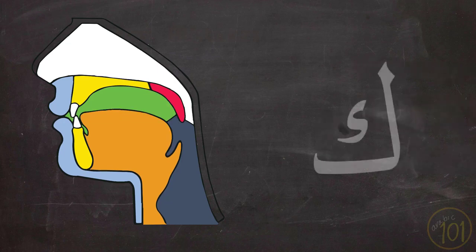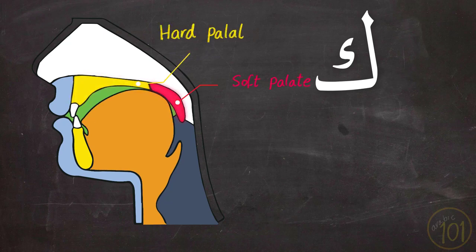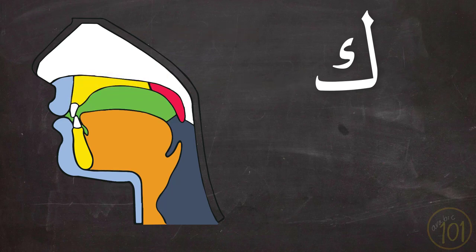Moving on to kaf. To produce the Arabic kaf, it is almost the same movement made for qaf. So the back of the tongue is raised to touch the area between the soft palate and the hard palate. The hard palate is that bony area. It is also the roof of your mouth. So the Arabic kaf will be produced when these 2 organs touch. And it should sound like this. Ak, ak,